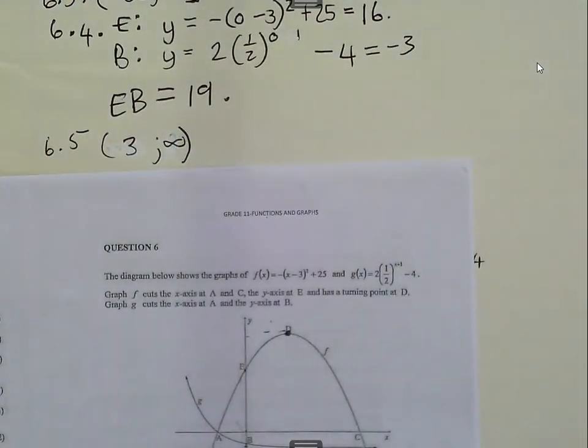Okay, now the next question, 6.6. Also one that we see a lot, but they've complicated it in this case. Do you know how to calculate the gradient? M equals y2 minus y1 divided by x2 minus x1. Now an average gradient is exactly the same thing. The only reason we call it average is